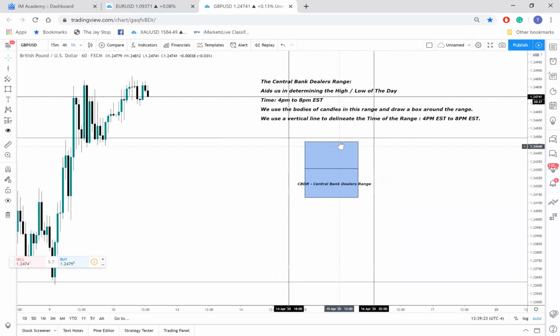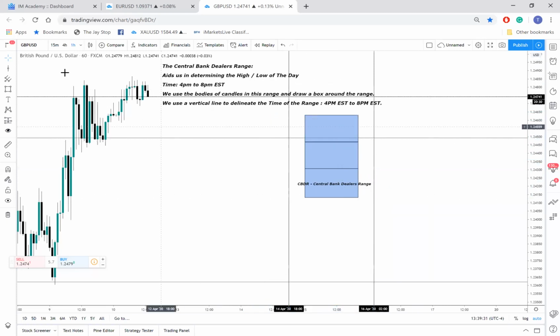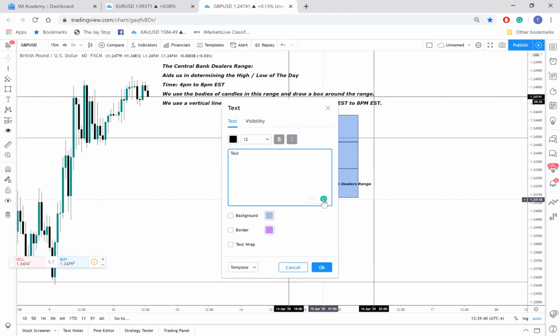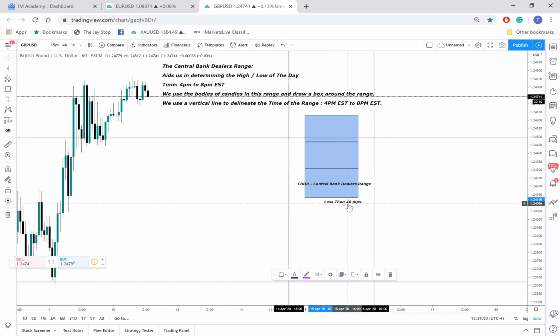And say we're getting a sell day, for example, right? Let's just use for this example, it's only going to move 2 standard deviations, right? Price will manipulate the upside up until London session, right? And the central bank dealers range has to be less than 40 pips. So from 4 p.m. to 8 p.m., the range itself has to be less than 40 pips,